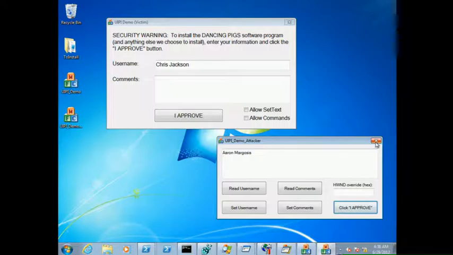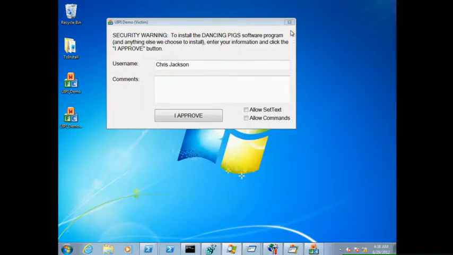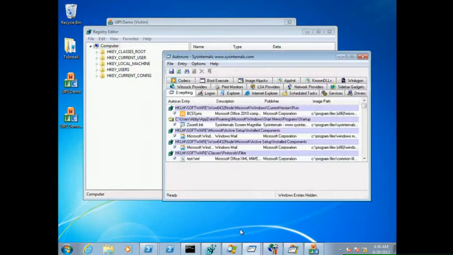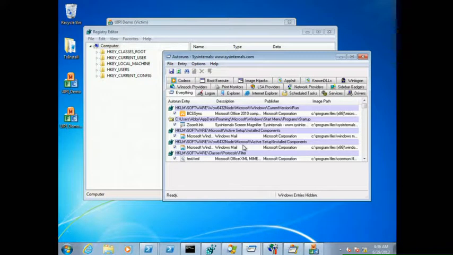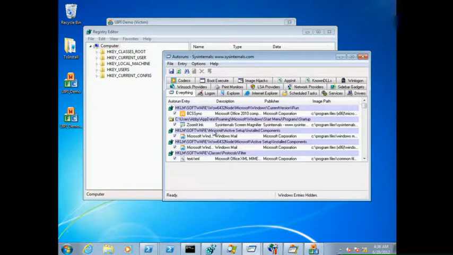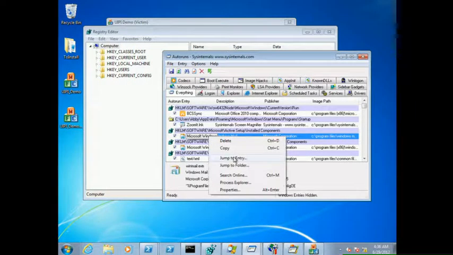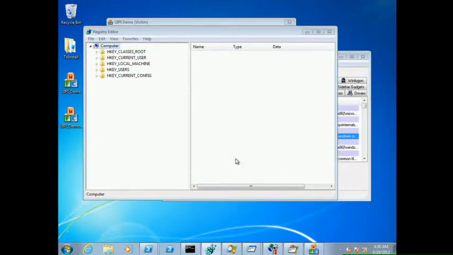Now, how does this impact Sysinternals utilities? There is one case in particular where this comes up, probably a few actually, and that is with Autoruns. How many of you have run Autoruns before? How many of you have used the feature to jump to a location? So you have these auto start entry points. You right click and you can say jump to entry, right? To find where is that auto start entry point actually configured in the registry. You click jump to entry and nothing happens